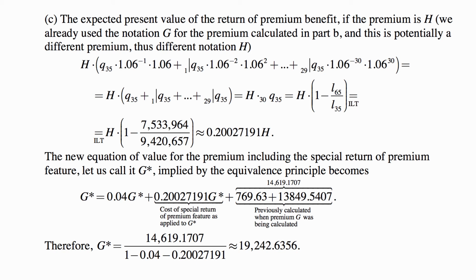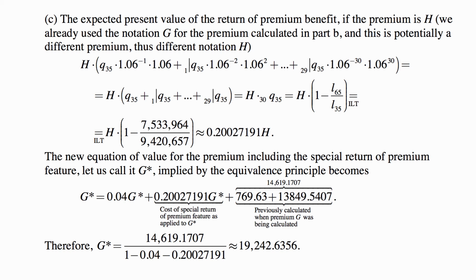So when we plug in those numbers, l65 over l35 is the probability of survival over those 30 years, and 1 minus it is the probability of dying. We end up with 0.200271918. So for a premium H, this is the cost of the return of premium feature as prescribed in this problem. So the new equation of value for the premium, including the special return of premium feature, called G star, implied by the equivalence principle, becomes